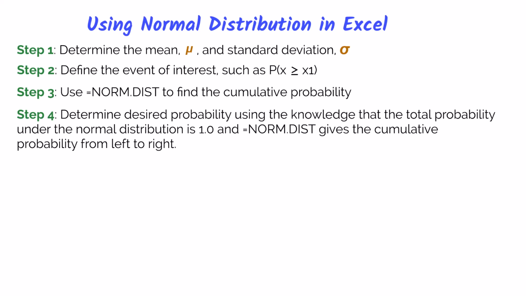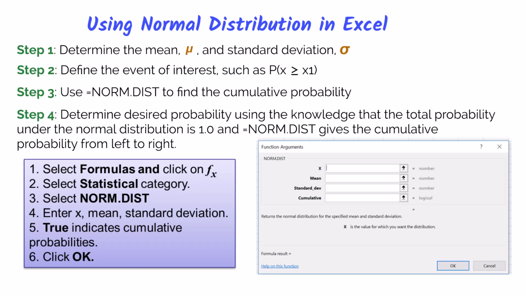Now, our Excel function for the normal distribution gives us the cumulative probability from left to right. So it adds up all of the probabilities starting on the left side up until whatever number you're interested in on the right side. So you could write the formula manually in the formula bar in Excel, or you could use the formula builder by using the Formulas tab and clicking on Insert Function, selecting the statistical category, and then choosing